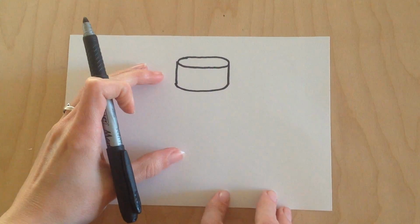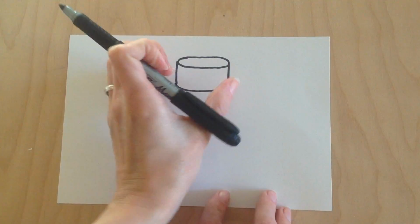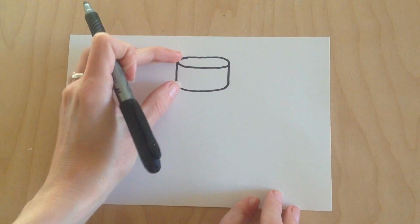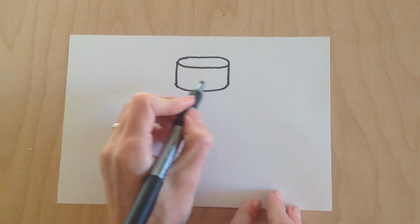Okay, and this cake is going to have a couple more layers that come out and get bigger and bigger. So this part of the cake is going to be the smallest part of the cake. And the next layer is sitting on top of it, like it's sitting on top of the next oval in my drawing. So I start on the side